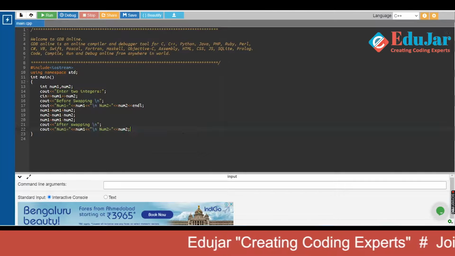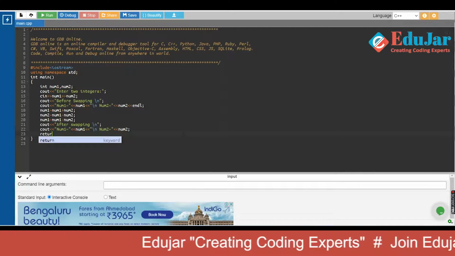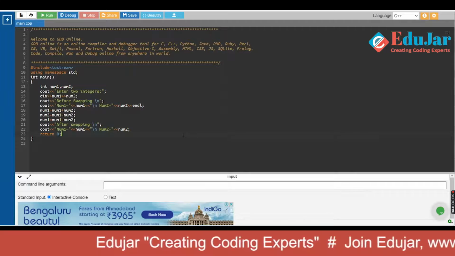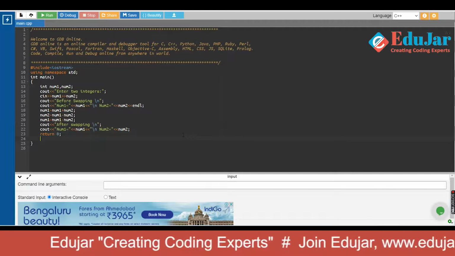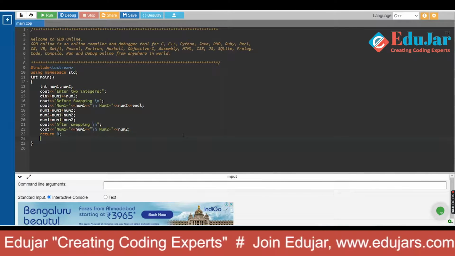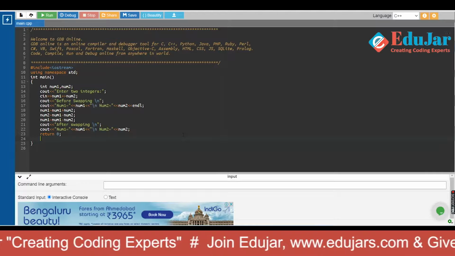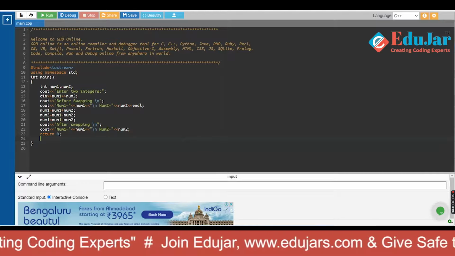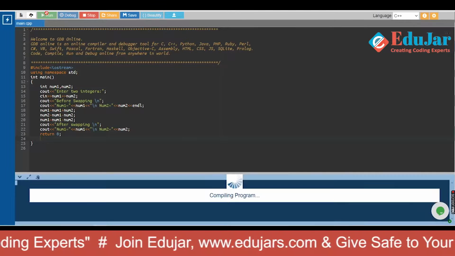Okay, so we return 0. Basically we are swapping numbers that were stored in num1 and num2 initially. So now we'll run and see the program.